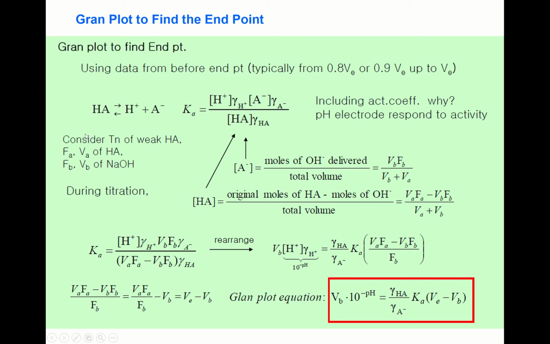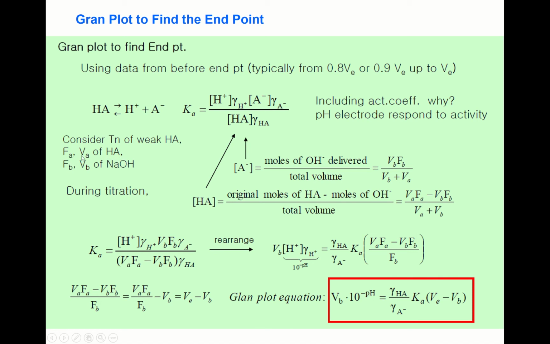The principle is quite simple actually. Let's take a look at this equilibrium constant for a weak acid. Here we wrote the activity coefficient. Why? Because the pH electrode responds to activity. So for the sake of more accuracy, we included this activity coefficient, gamma values for each species. Consider titration of weak acid, HA, and this is FA and VA, the weak acid initial